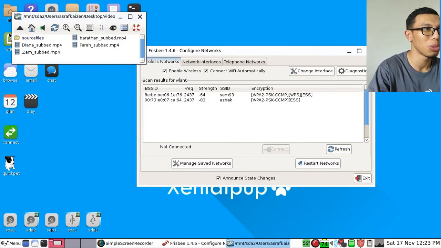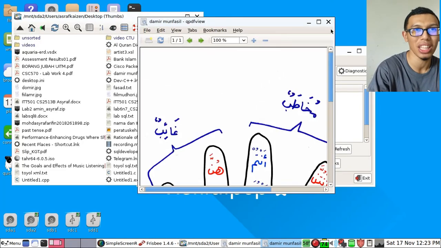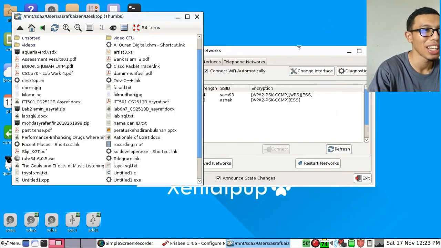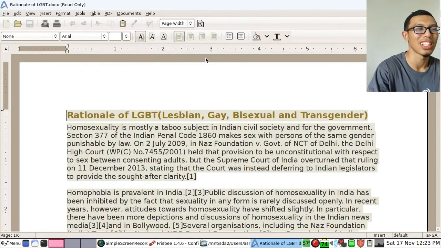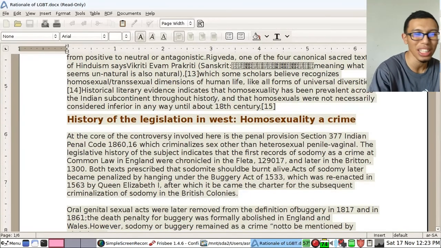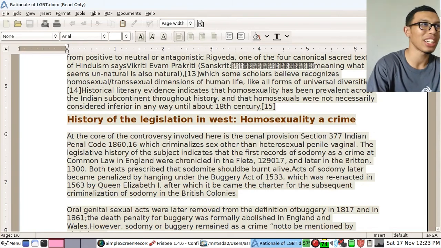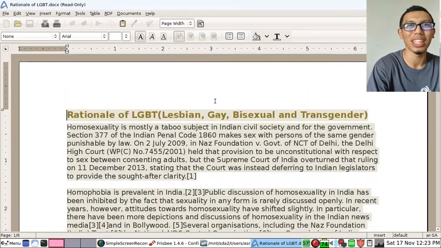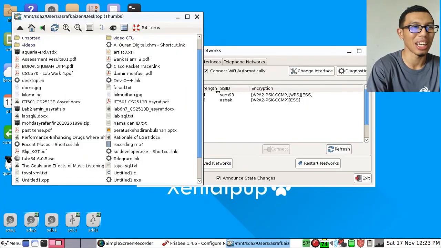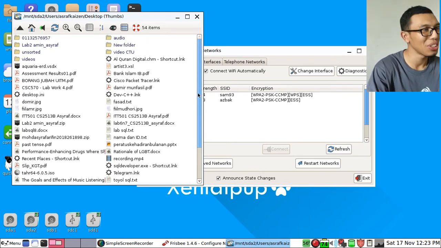We can also view PDF files. This operating system comes with its own PDF viewer. You can also open a docx file. Since Microsoft Word is paid software, let's say you cannot use Microsoft Word in your Windows. Here, Puppy Linux already has a document viewer, a Microsoft document file editor. So you can use it.